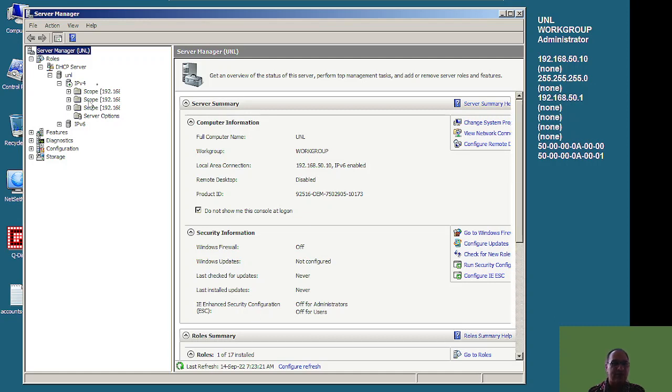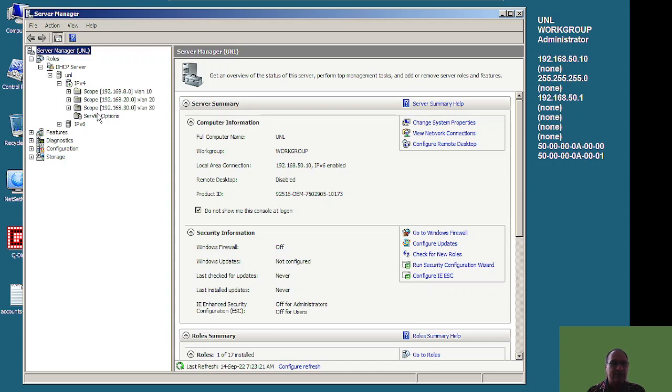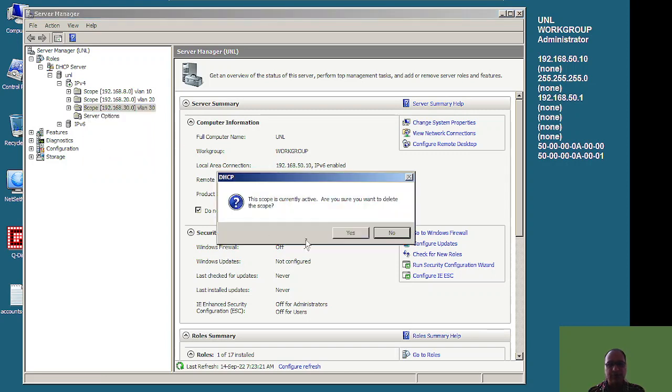Here it was 10, 20 and 30, but the memory and the CPU now it's full and work very slow. So VLAN 10, VLAN 20, VLAN 30, but I will go and delete VLAN 30 and just for example show you how to set